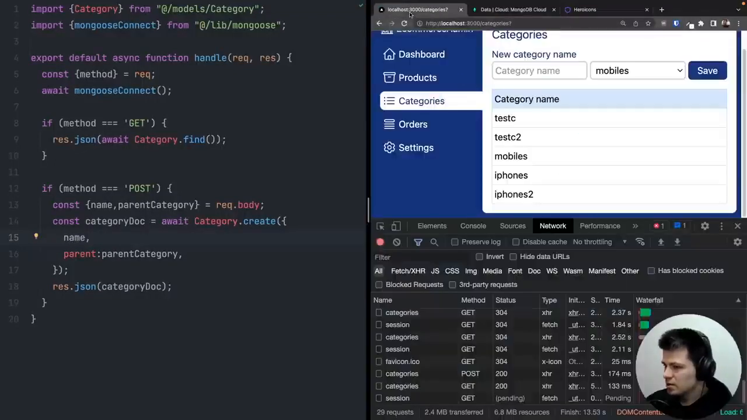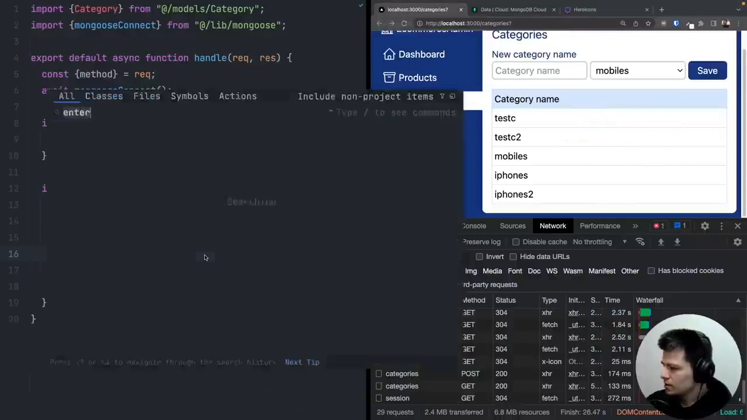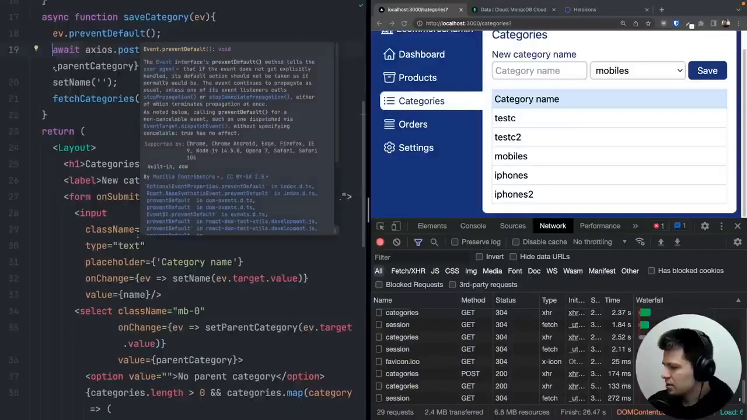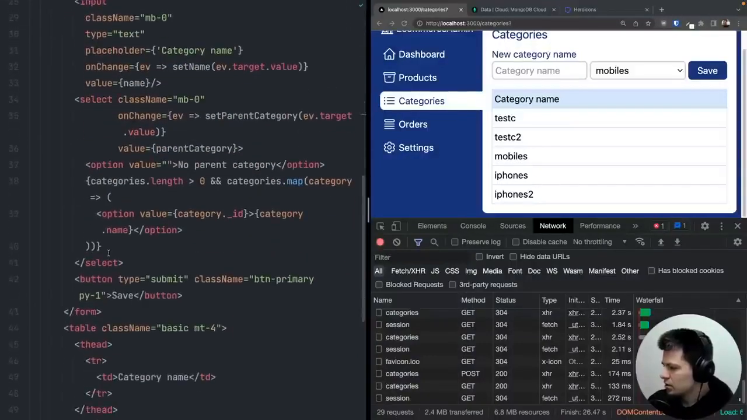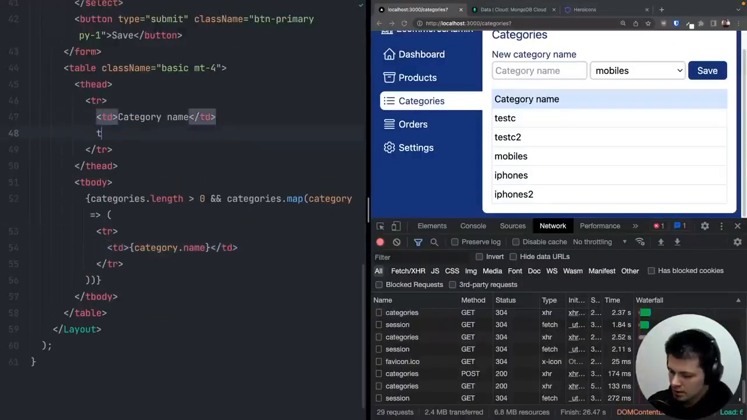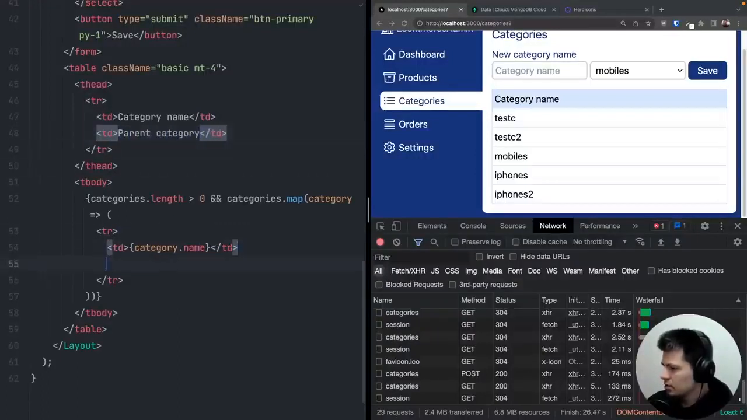Right, so now let's print our parent category here inside our table. So let's go to Pages Categories, and here we have our table here. But if we just add a parent here, or maybe parent category, and we print category